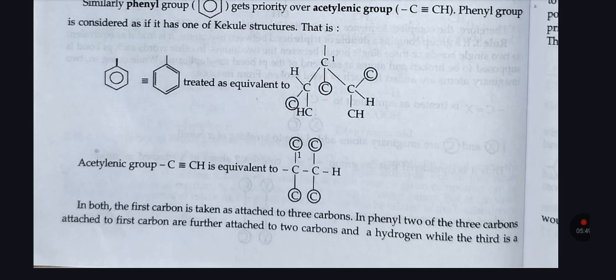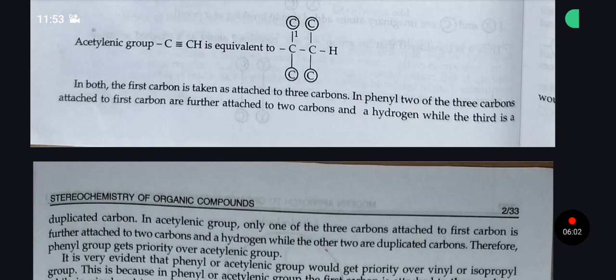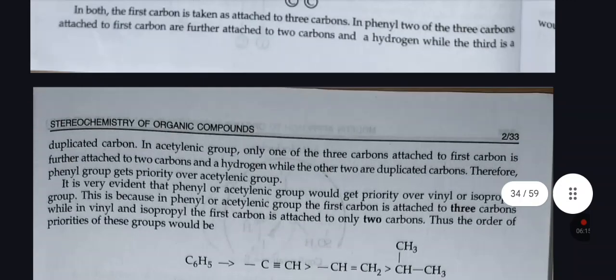Benzene can be written as this other structure, which is also benzene and treated as equivalent to this given structure. The acetylenic group, C triple bond CH, is equivalent to this given structure. In both, the first carbon is taken as attached to three carbons. In phenyl, two of the three carbons attached to the first carbon are further attached to two carbons and a hydrogen,